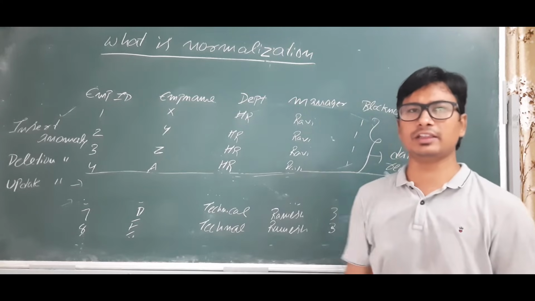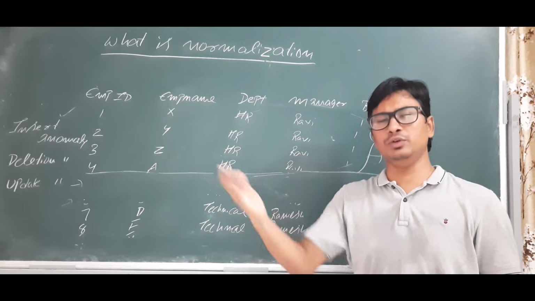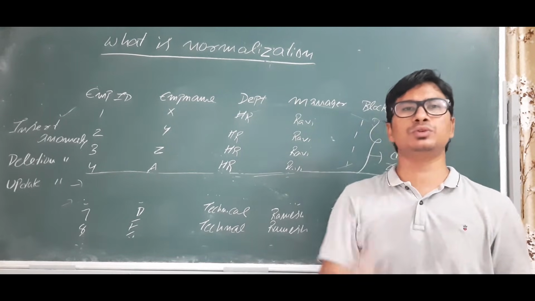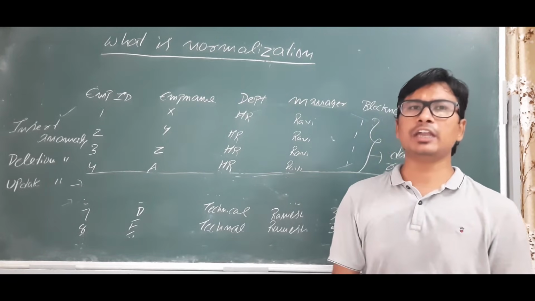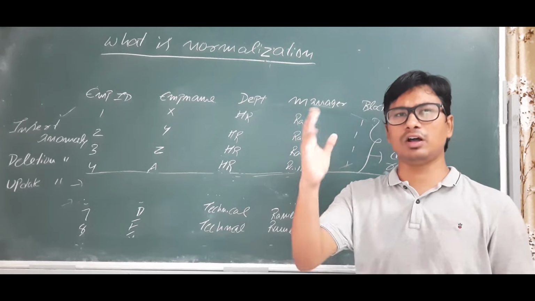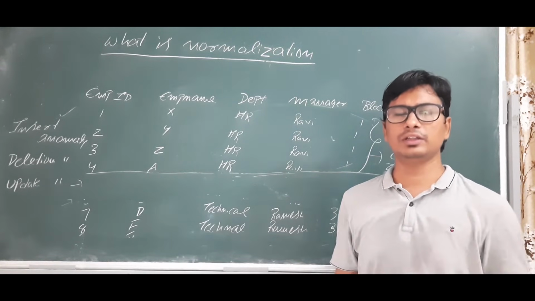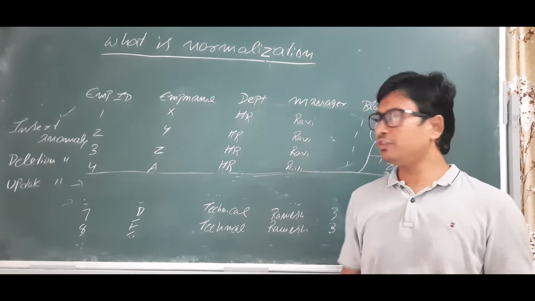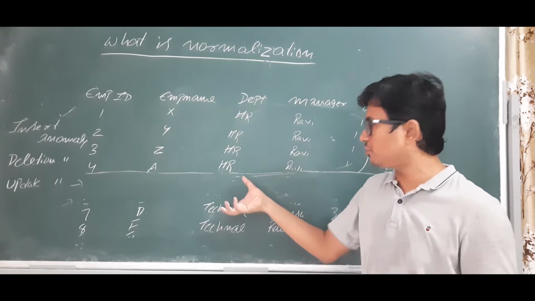Or let's take another example. In an institute or any university, in some department, let's take the CSE department, 60 students are there, including first year, second year, third year and fourth year. In the database, suppose all the students have left the institute. They do not like the department, so they left the institute. If you have such entries, what will happen? Even the CSE department will be removed.